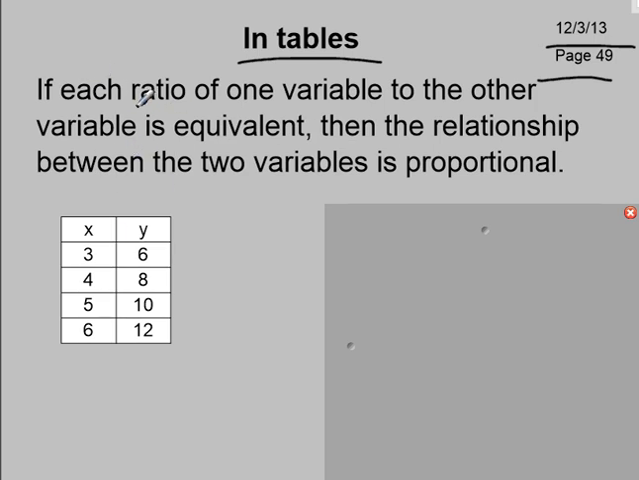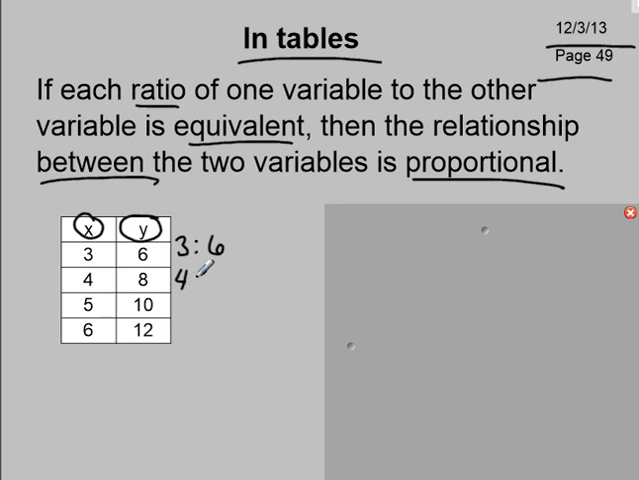If each ratio of one variable to the other variable is equivalent, then the relationship between the two variables is proportional. Okay, what on earth does that mean? What that means is if I look at my x and at my y, and I look at the relationship between those two things, and I set up a ratio, 3 to 6,